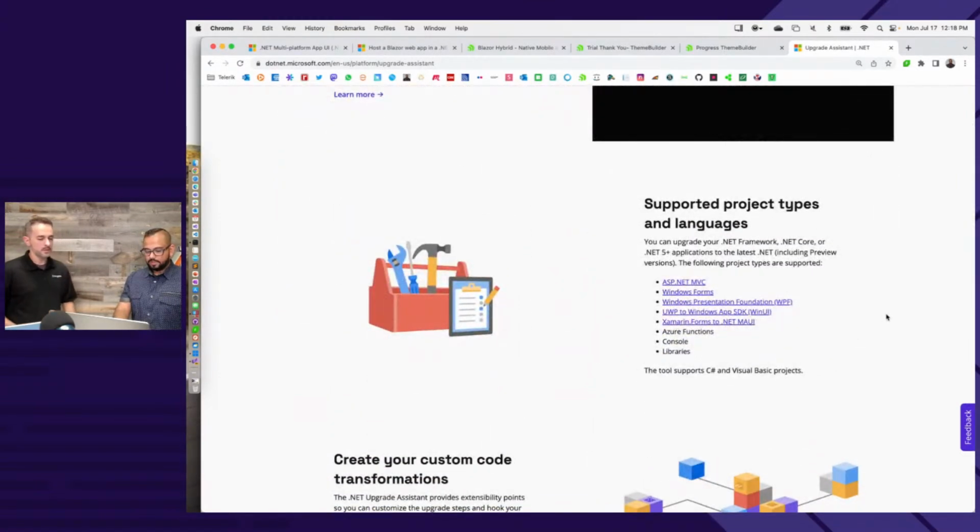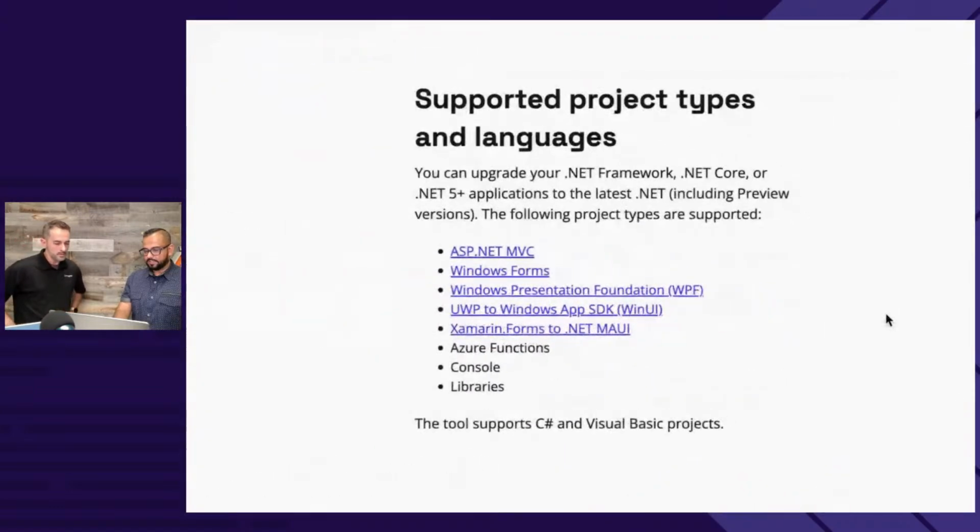I really like how much this has opened up. This Upgrade Assistant can now be used for moving web apps to the modern world, WPF and WinForms apps, and WinForms to Maui. If you have a WinForms or WPF app and you want to get into some Blazor or Maui goodness, the first step is to use this to move your runtime from .NET Framework to something more modern, like .NET 6 or .NET 7 or .NET 8.